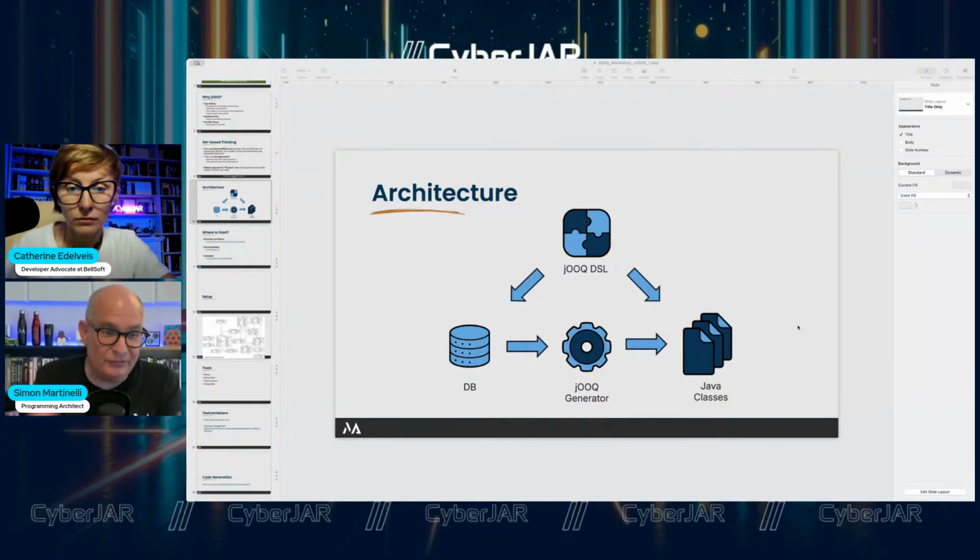Now the question is, where does this database come from? And you have multiple options. One option could be you have a running database somewhere and you use that. So maybe that's not the best solution because how do you do versioning, for example? What happens if the database changes? That's a bit of a problem.